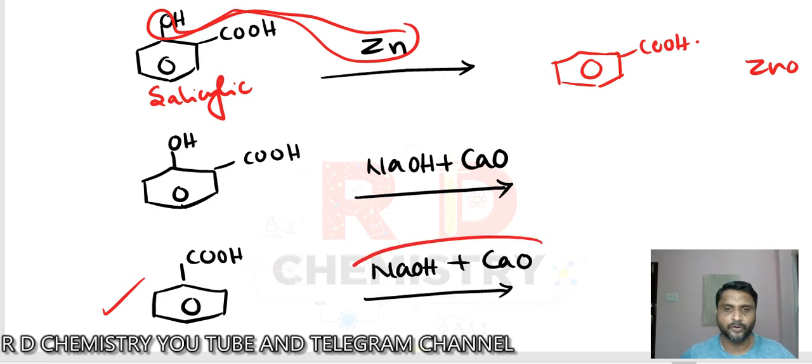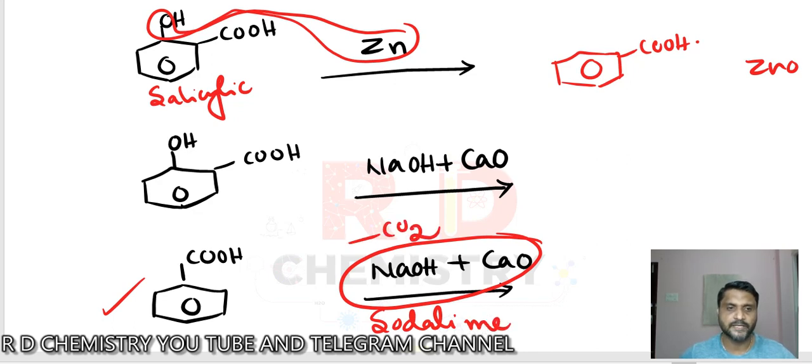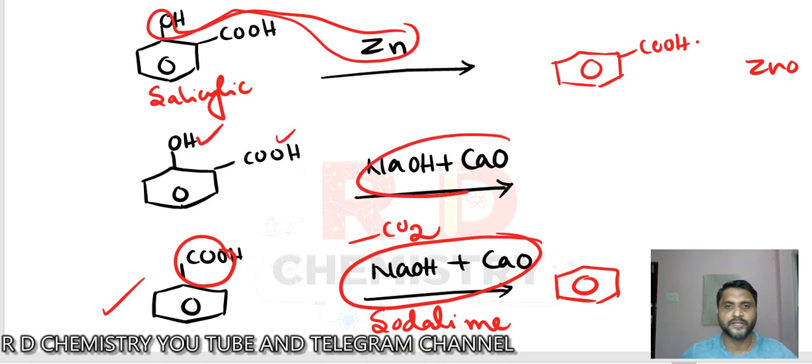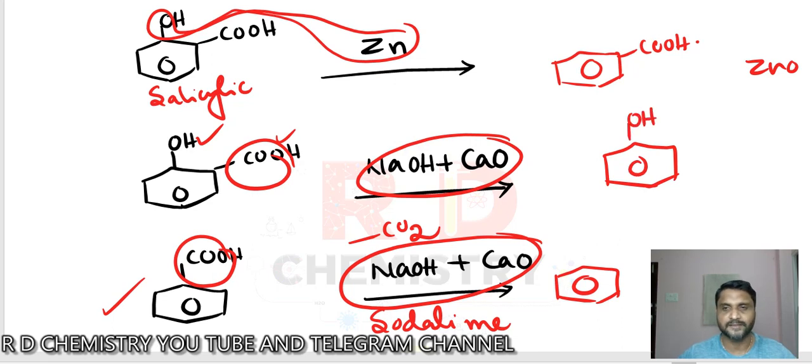Now see the third reaction here. I'll go for sodium hydroxide and calcium oxide. This is a soda lime mixture and soda lime mixture brings about decarboxylation. Remove this COOH, so decarboxylation. So you get now benzene itself. Got it? Now we have got a combination of OH and COOH. Sodium hydroxide and calcium oxide decarboxylate and remove this one. So we get only phenol. Okay. So the beauty of this organic reaction. So hydrogen will be attached here and moreover the remaining hydrogens on the other carbon atoms also. Okay. Clear? It's understood. Right? Okay, fine.